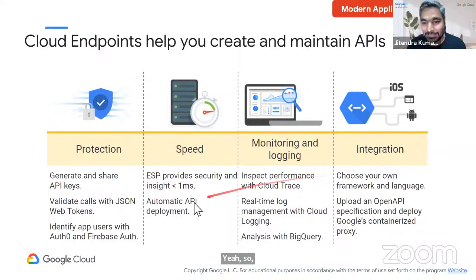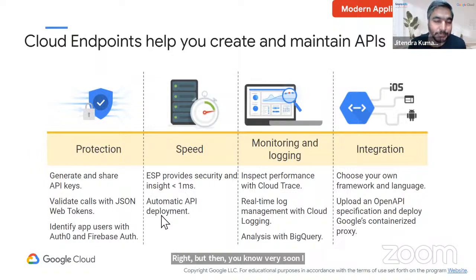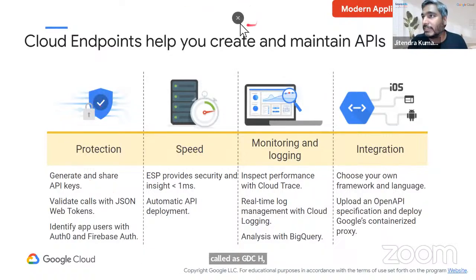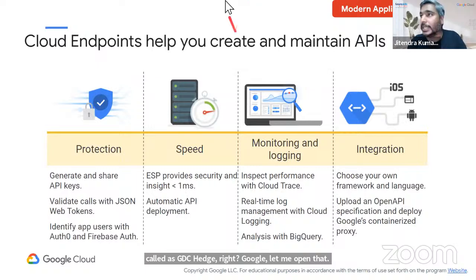Okay, yeah, thanks, Deepak. So one is understand it is a public cloud that Google has built, right? But very soon, I think the information is already there in the public domain. What Google is coming out with is something called GDCH, right? I think it's a very interesting topic. We are still working on that on the Google side.